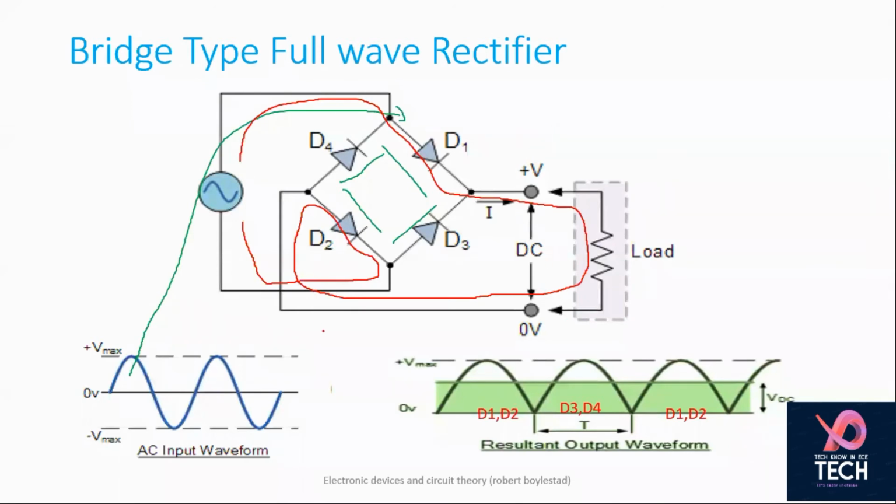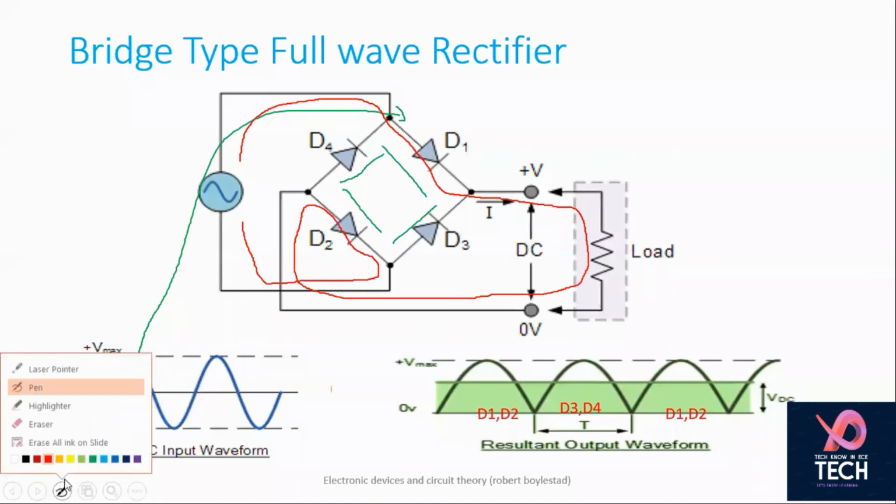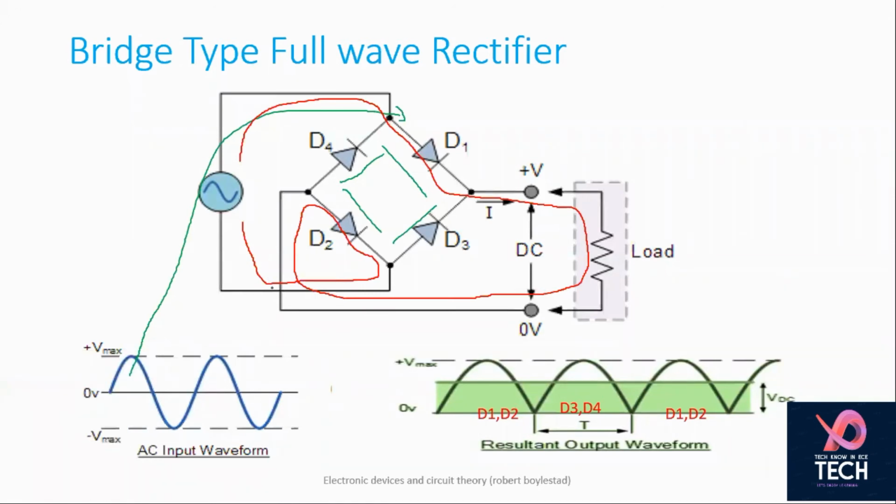Okay. So here you can see that your diodes D1 and D2 are on when the positive cycle is being applied. Similarly, when the negative cycle is being applied, I am using a different pen now, maybe this one, purple. So during the negative cycle, negative becomes positive for this. So this diode is on because negative is applied here, and this is on. So the cycle remains the same.